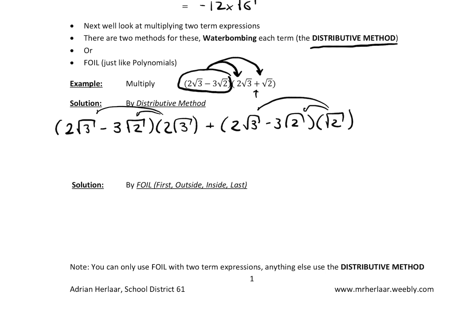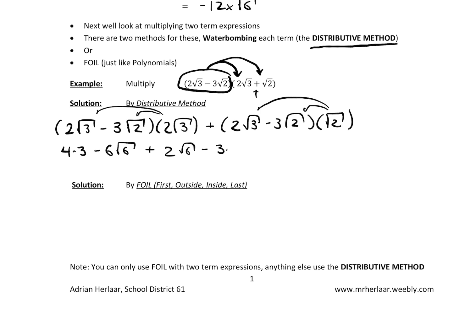So the distributive method is not as nice as FOIL, which you'll see in a second, but it has its place if we're not dealing with binomials. So now 2 times 2 is 4. Root 3 times root 3 is 3. And then 2 times 3 is 6. And then root 3 times root 2 is root 6. And then we're adding that to 2 root 6